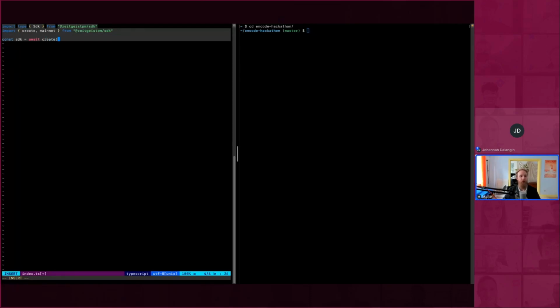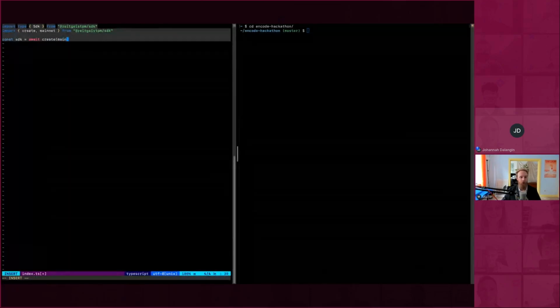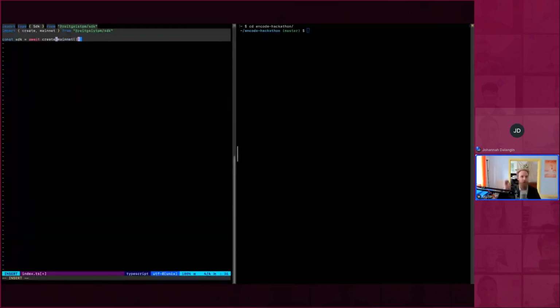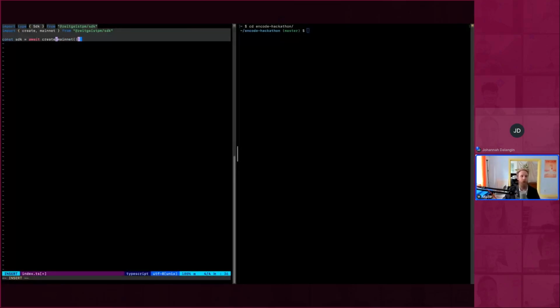And you can create an instance of the SDK simply by calling the create function and then passing a certain context to it. So right now we're using the context of the mainnet. If you want to use the testnet, we'll demonstrate that in a second.